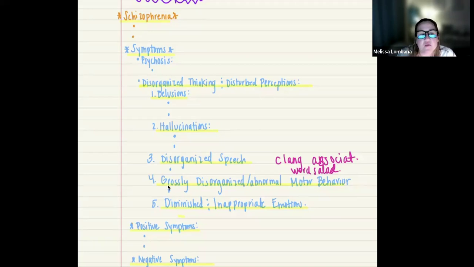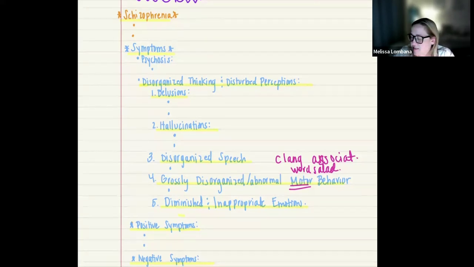Okay. Then the next one is what they would call grossly disorganized or abnormal motor behavior. All right. And what that means is basically either abnormal or bizarre physical behaviors. Sometimes it's kind of like childlike mannerisms, such as twirling their hair or rocking back and forth. So it can be kind of like senseless or even compulsive behaviors, like acts,